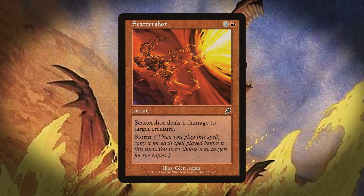Considered one of the most busted mechanics ever, Storm even has a scale named after it that Mark Rosewater uses to indicate how likely it is we see a certain mechanic again. The higher the ranking, the less likely it is we'll see it on new cards. Despite the fact that Storm appears very high on its own scale, we have seen Storm reappear a few times